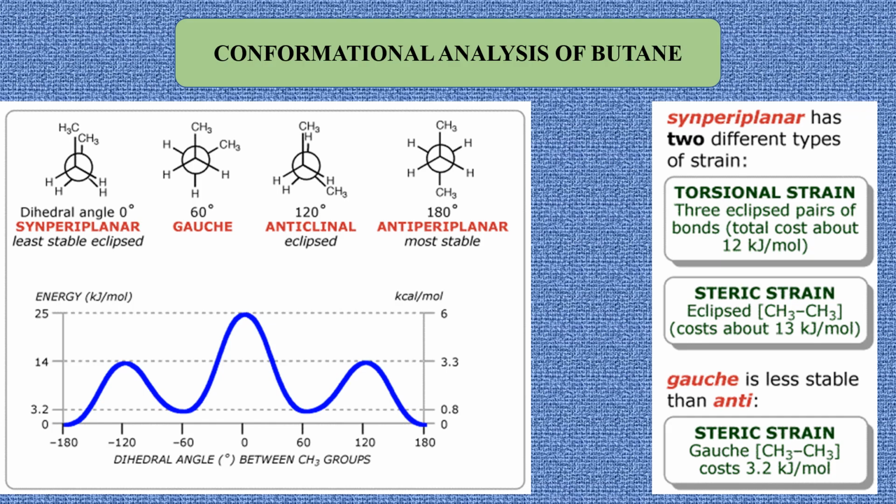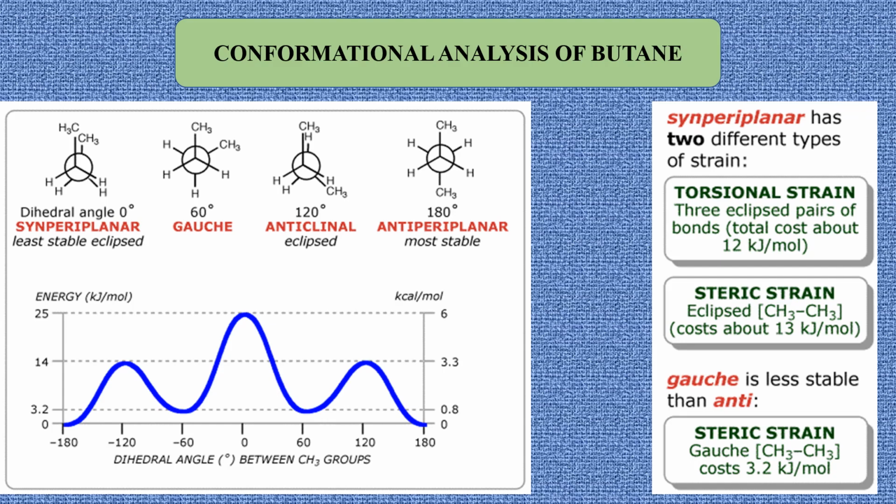And in this conformation, all these 6 bonds, the 3 bonds present in the front carbon and the 3 bonds present in the backside carbon, are eclipsing. The bonded electron pairs are eclipsing and they are repelling each other, and because of that this conformer has the highest energy. And the two CH bonds, CH in the front and CH at the back, are repelling each other and raise the energy of the molecule by 4 kilojoules per mole.